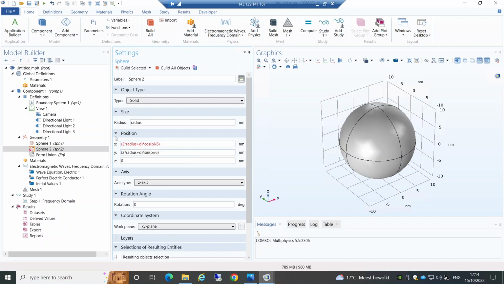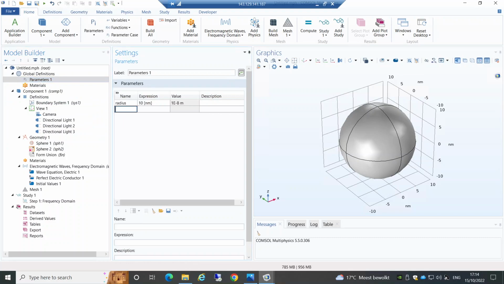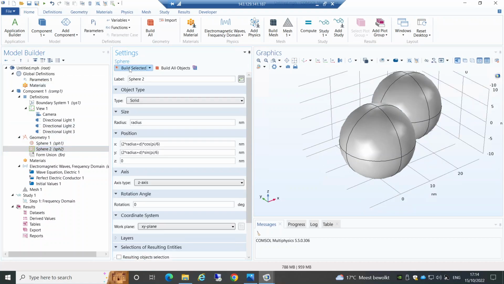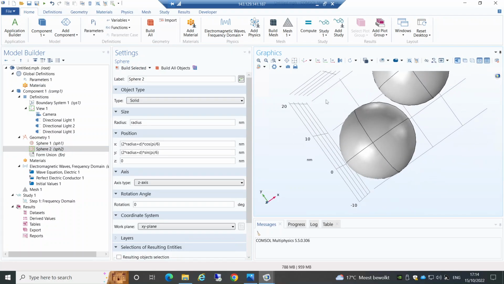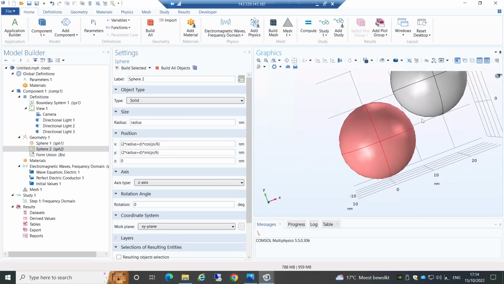Okay, so we see that it's red. The reason is COMSOL knows what radius is because we have defined it in the global definitions, but D is not defined. So if we define D, only then COMSOL will be able to recognize what D is. D is basically the interparticle gap. So you will soon see what D is. So D is basically this gap. So twice the radius plus D, that is like the distance, and then